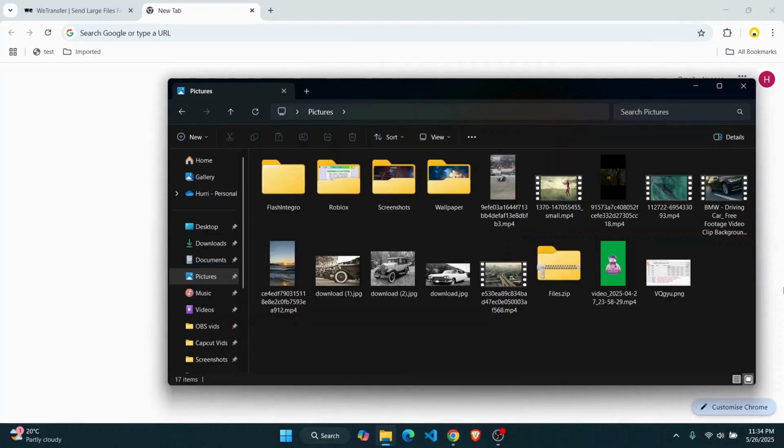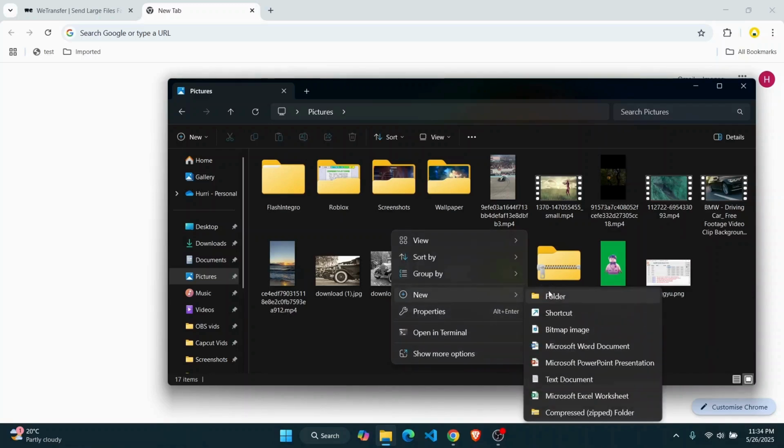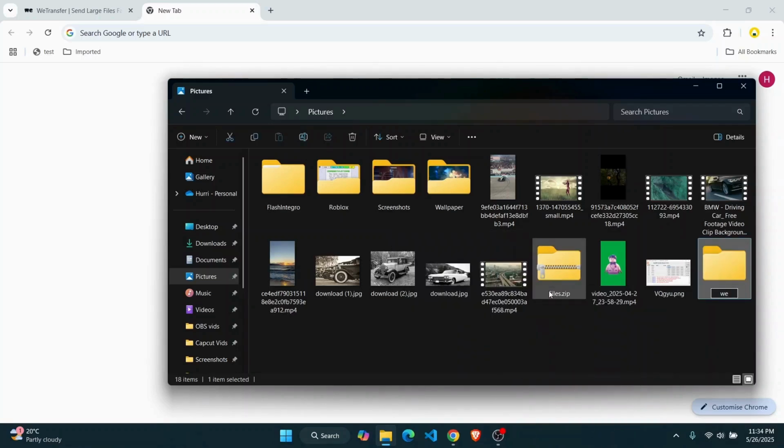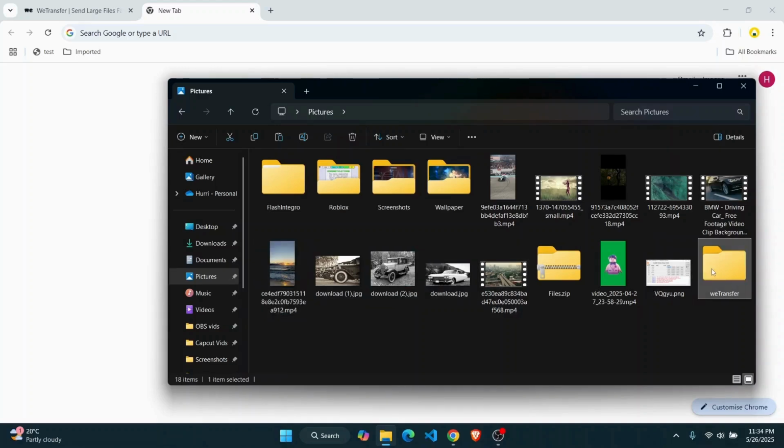So what I'm going to do here is create a new folder. So I'm going to name it WeTransfer. Go to folder and then I'm going to name it WeTransfer. So let me just copy a few of the images from here, and then I'm going to paste it right